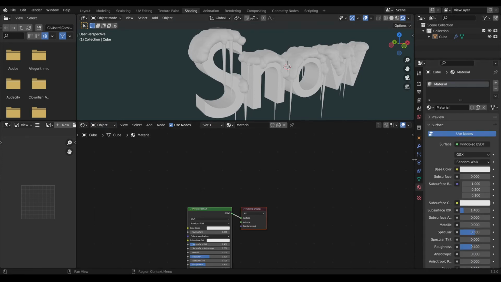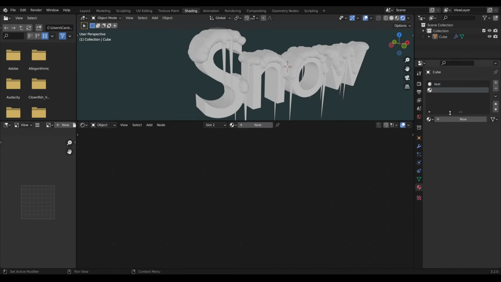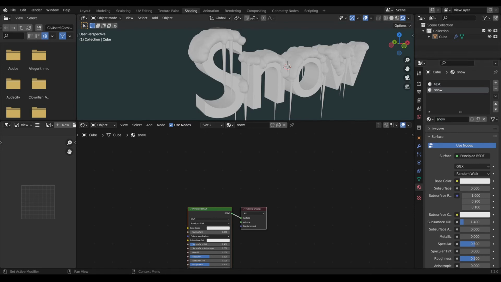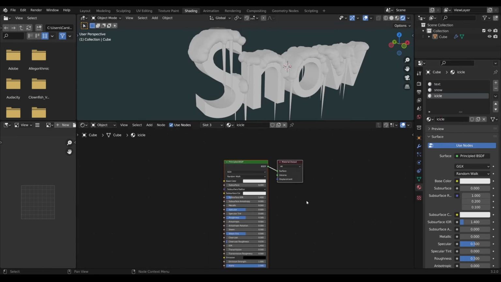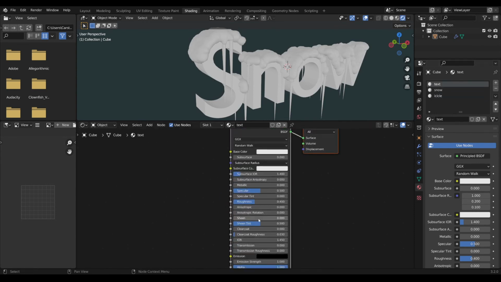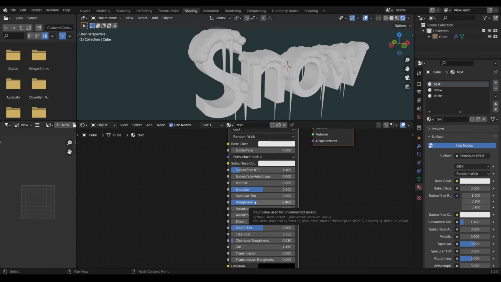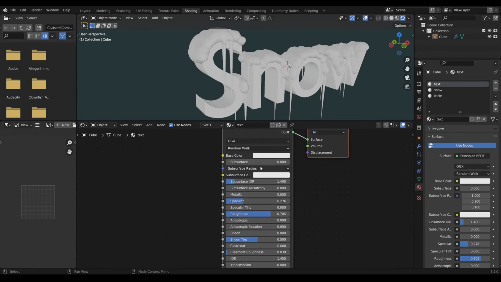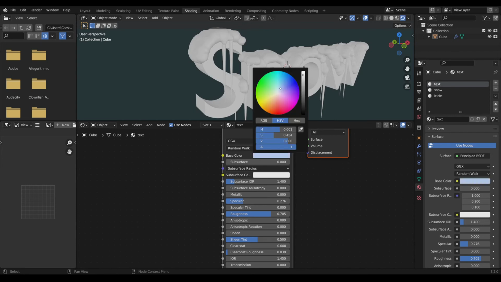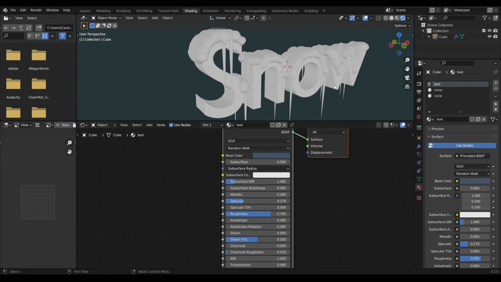Now to the object. We want to create 3 materials. One for the text, one for the snow, and one for the icicle. This isn't a shading tutorial, by the way. I keep these shaders really simple. So maybe a more advanced ice or snow shader is in the future, but in this tutorial we keep it really simple. So for the text I choose maybe a blue color,